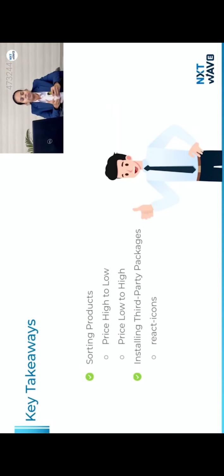Okay. Let me summarize today's session. Firstly, we have added the sort by functionality, right? Where we have seen how we can sort the products. Firstly, we have included the products header. We got a brief understanding about it. And then what we have done is we have sorted the products based